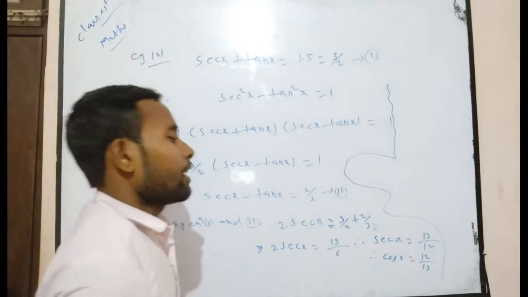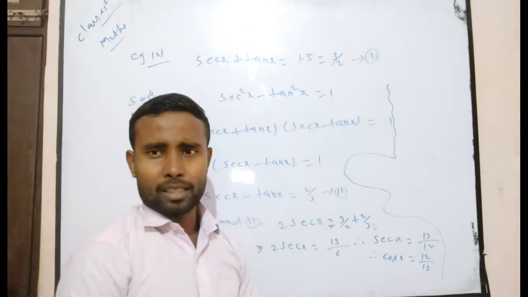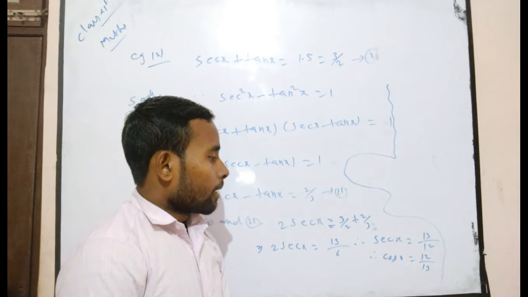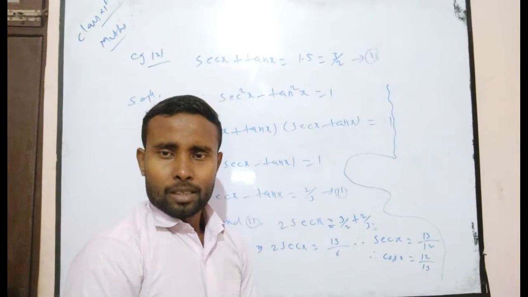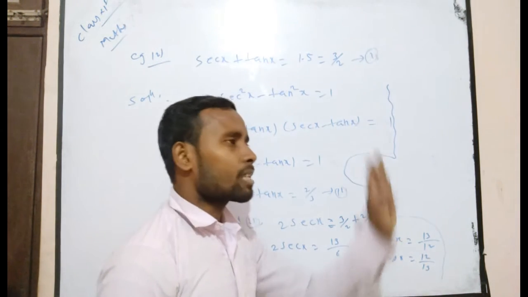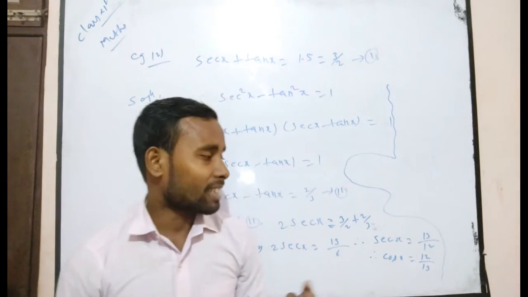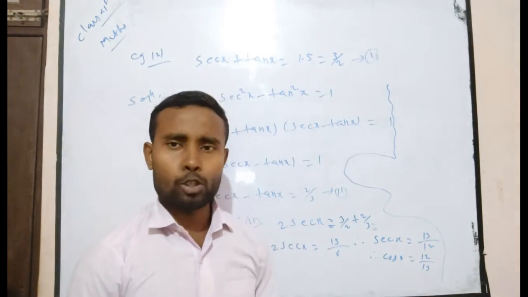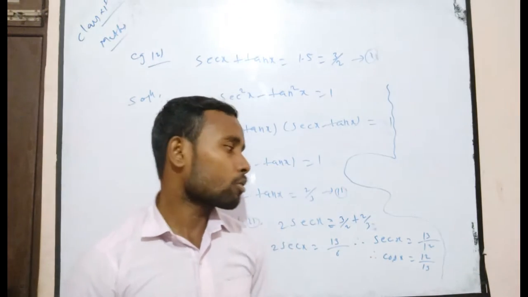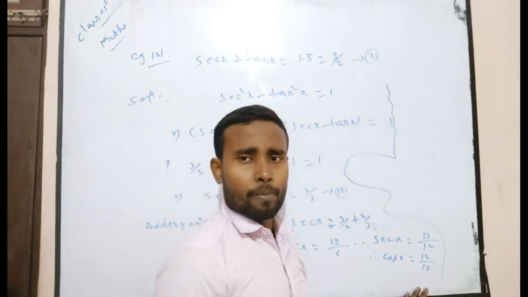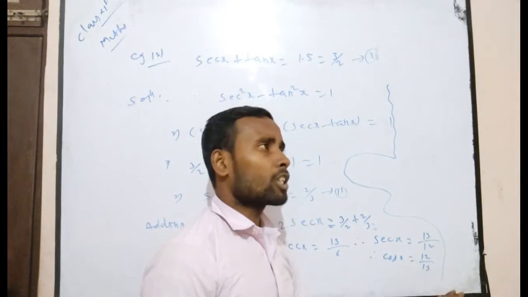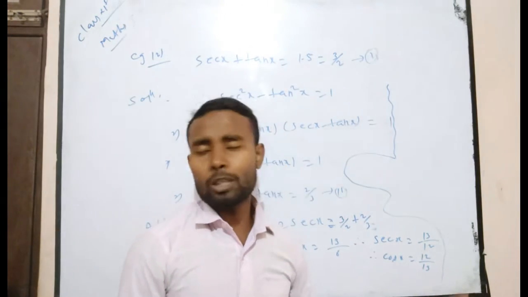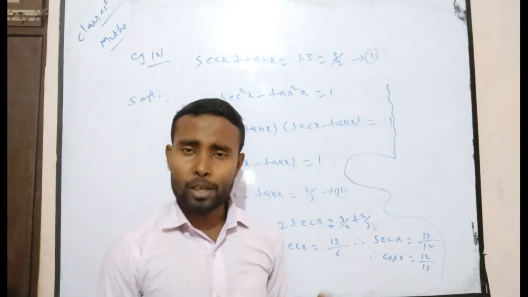Now you have to consider, if you get cos x is equal to 12 by 13, then there are two possibilities. Cos x may lie in the first quadrant or the fourth quadrant. There are two possibilities, first quadrant or fourth quadrant, because cos x is positive. As you know that in the first quadrant all trigonometric functions are positive, that means cos x is positive, so you can take x in the first quadrant.